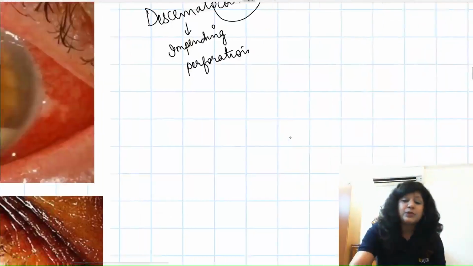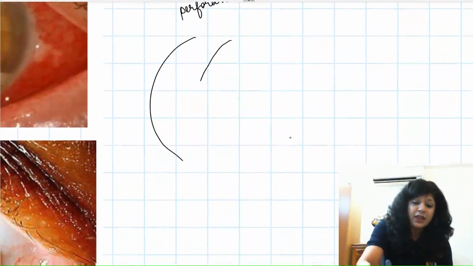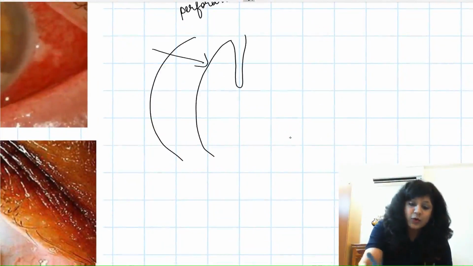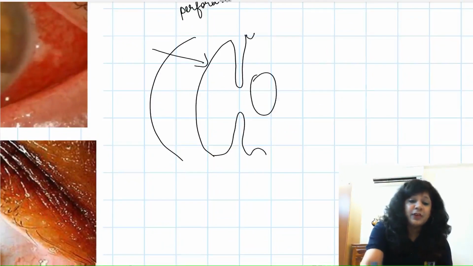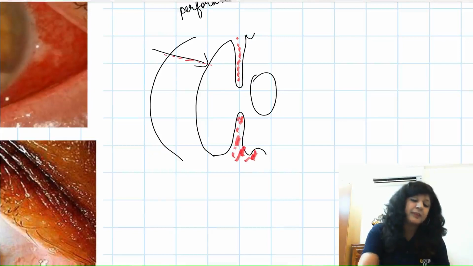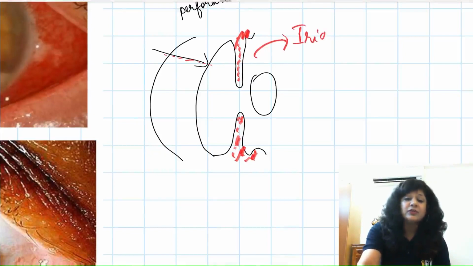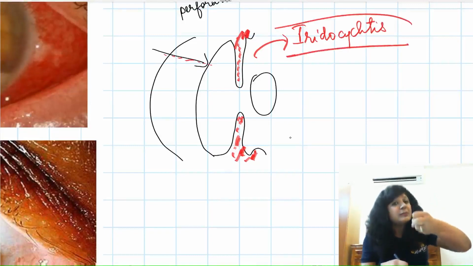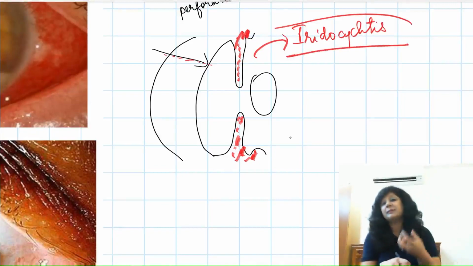Now what happens, suppose these were the corneal layers, okay. Now slowly and gradually the infection is creeping in. It will go to the inner structures also. So now what is happening? The inflammation is coming from the outer layers and it is going in. So it will cause the inflammation of this iris as well as the anterior part of the ciliary body. And what is it called? It is called the iridocyclitis or anterior uveitis. So basically this iridocyclitis is also responsible for the ciliary spasm and the pain that the patient is having.